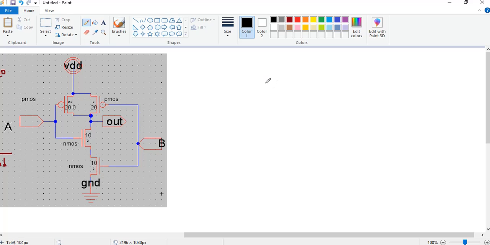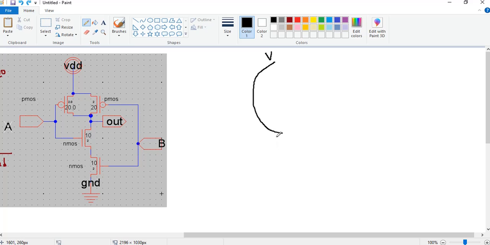So, first we are supposed to draw the graph. The graph should look the way the schematic is drawn, and the curves represent the number of transistors that are present in the graph. Now, there is one transistor present over here from VDD to out. So, one curve, name it as V,